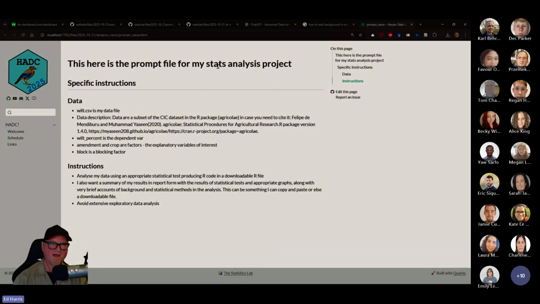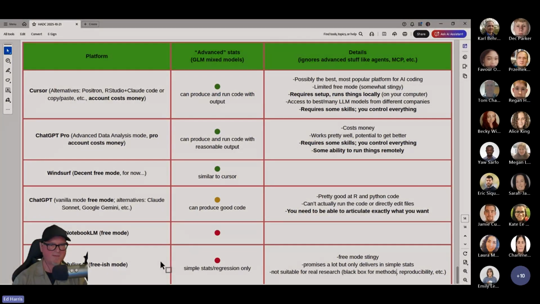So it didn't do a great job on the report. It doesn't have any of the contents of the report that we expect. So back to this. ChatGPT, I would change this on this test to a red dot. It just didn't do what we wanted to. Maybe amber is still fair because it didn't give us the report we wanted, but it actually did come up with a fairly good